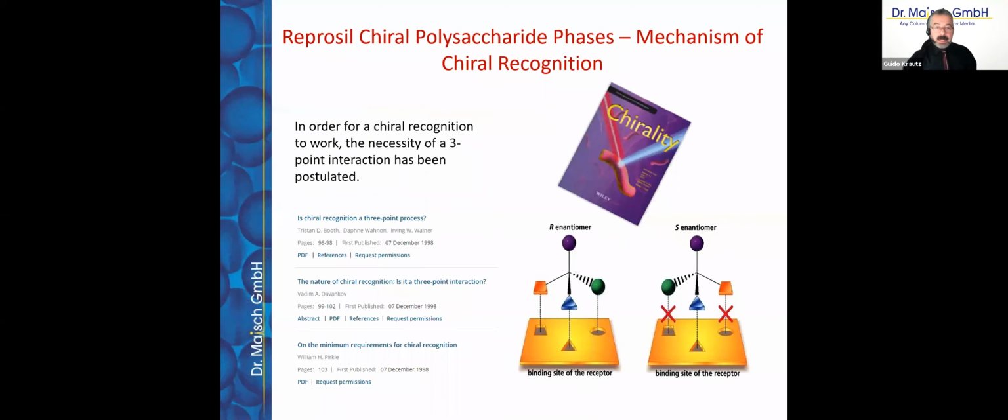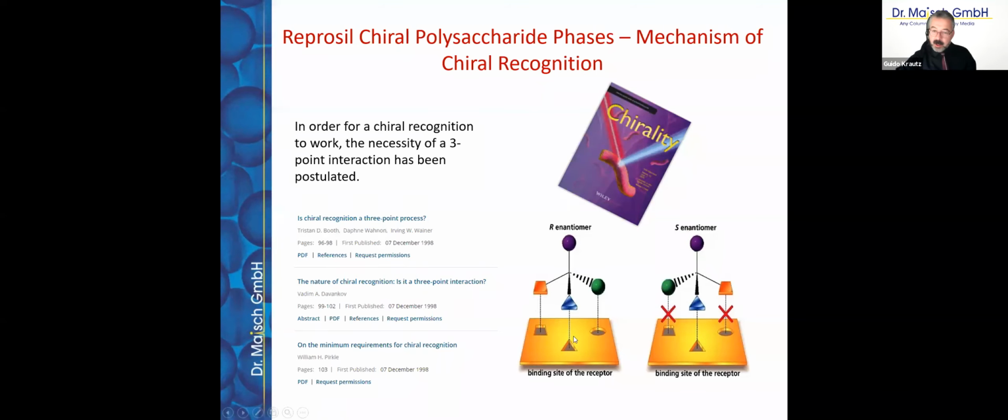So we have, oh, sorry, there's one slide before. So how does the mechanism of chiral recognition work? So it has been postulated that in order to distinguish between 2 molecules which are enantiomers, there has to be a 3-point interaction. So you can imagine this as a key lock interaction mechanism. So you see that this molecule fits into these holes here. So this is a 3-point interaction, a 3-point recognition, whereas its mirror image does not.